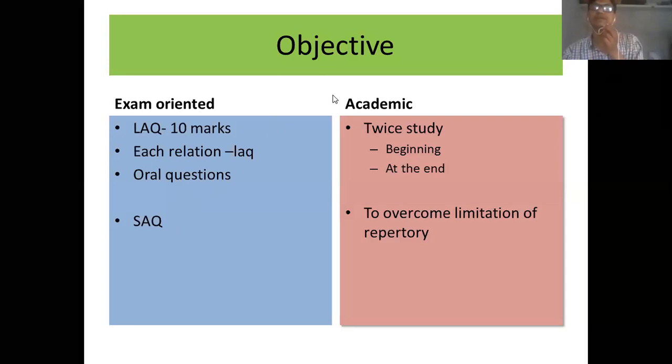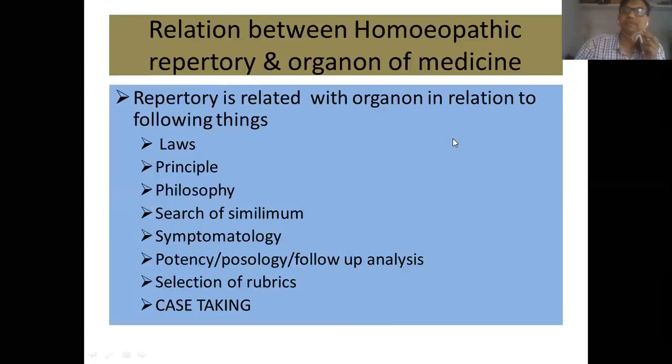So those who are interested in exams, understand this topic carefully, and those who are interested academically and those who are interested in practicing homeopathy, this topic is very important because once we learn this relationship of homeopathic repertory with Organon of Medicine, we can overcome the limitations of repertory which we have just studied, and by the end of your academic career, throughout the various cases of repertorization, you will come to know what the limitations of repertory are. So the academic objective of this topic is that after learning it, you will be able to overcome the limitations of repertory. Now these are just